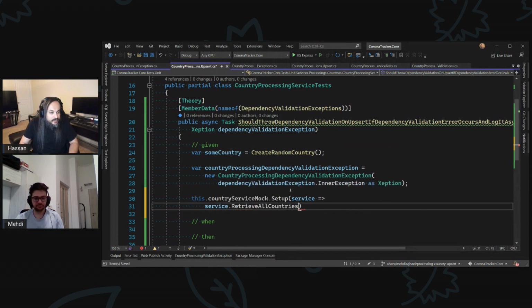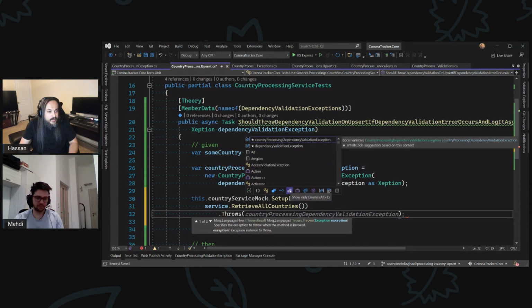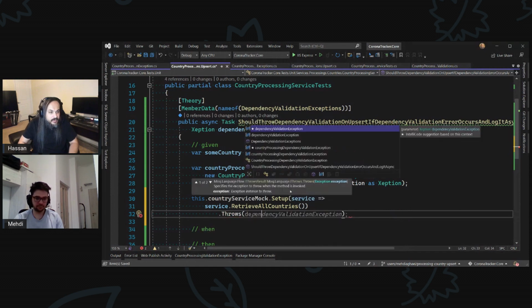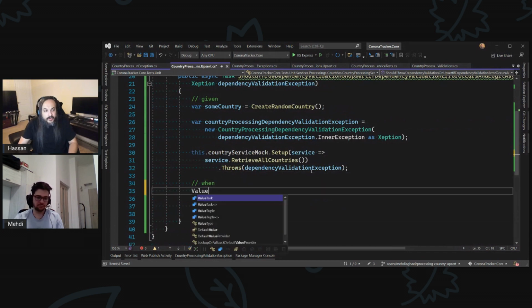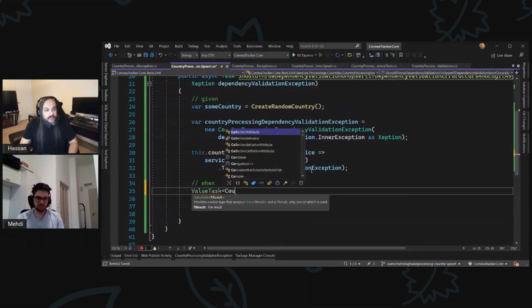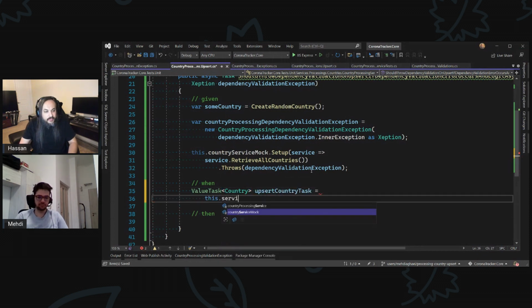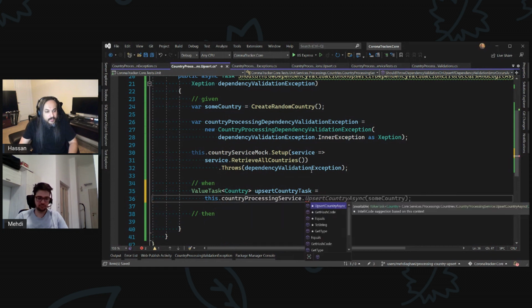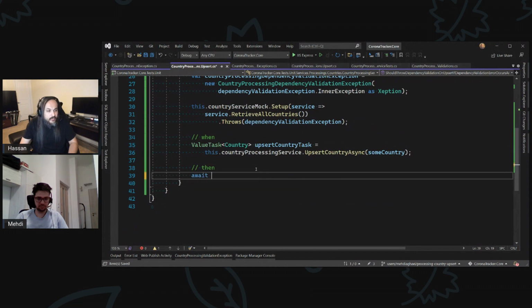Retrieve all countries, right? So it's retrieve all countries, and this guy is going to throw the dependency validation exception, which is this guy. Perfect. Let's go here and create a value task. It returns a country. Upsert country task like this, and then this dot service dot upsert country is sync some country. This guy is good, and then I can go down here and say await assert throws async, and this